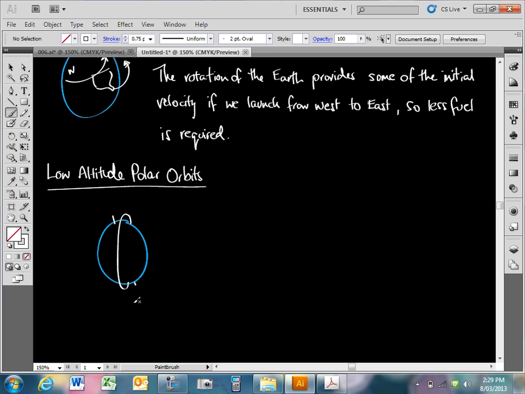This kind of orbit here is very low altitude compared to geostationary satellites. What are the benefits here? You can see the poles, yes. Geostationary satellites can't even look at the poles. If the satellite is designed to take photographs, and there are satellites up there designed just to scan areas for visual images.